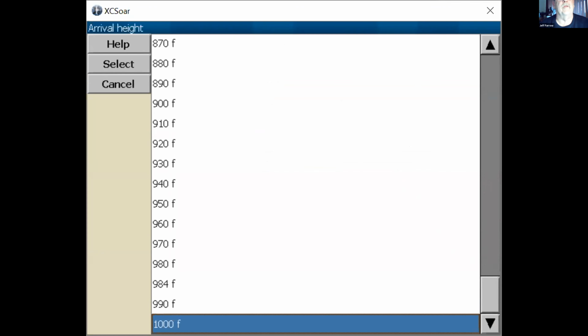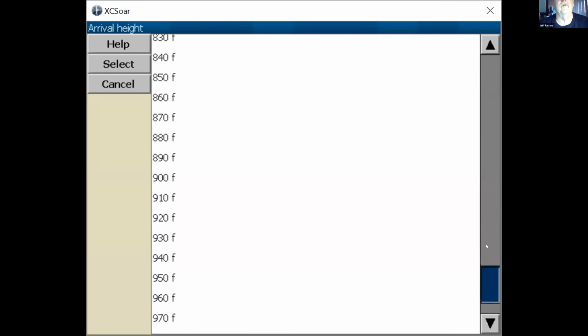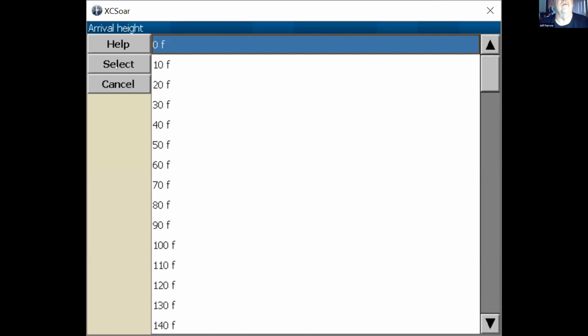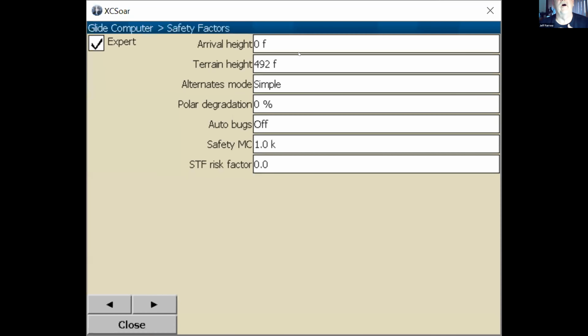Some people want to be there at 1,000 feet so that they have enough for the circuit. Must admit, I tend to put it at 0 feet and work on the basis that I know I have to allow enough extra to be able to have the height to do a circuit.